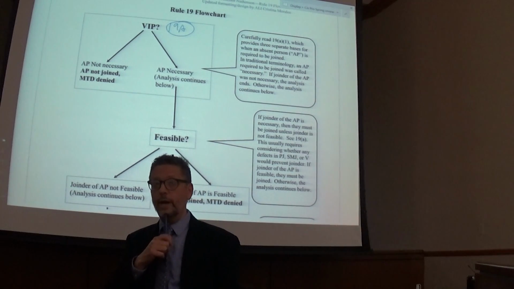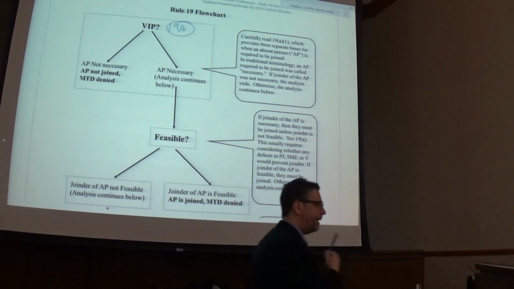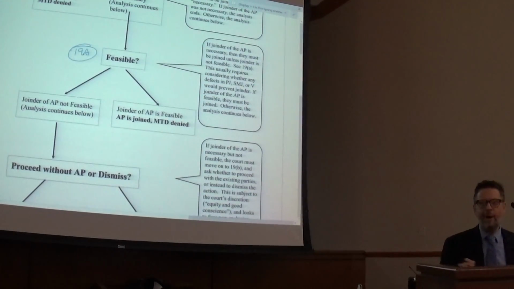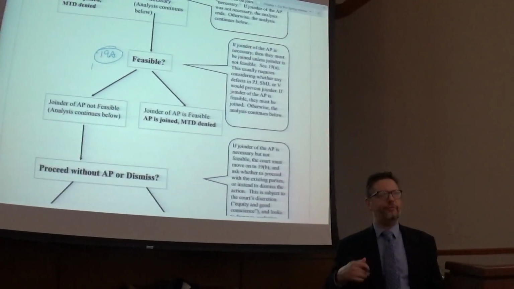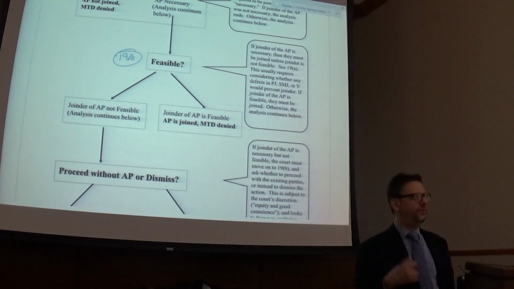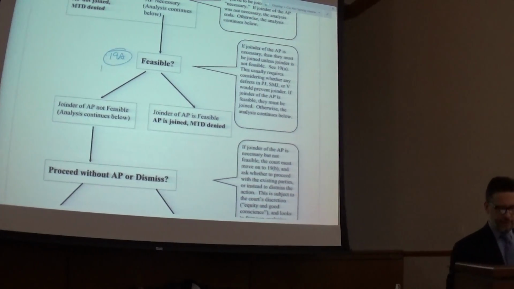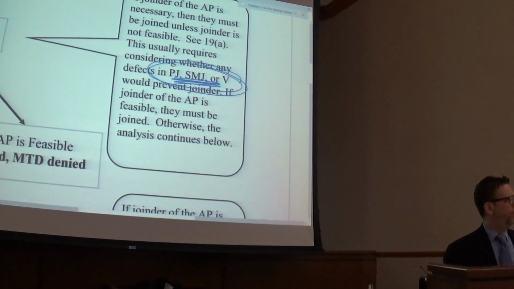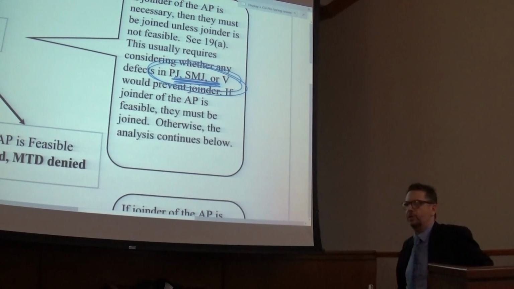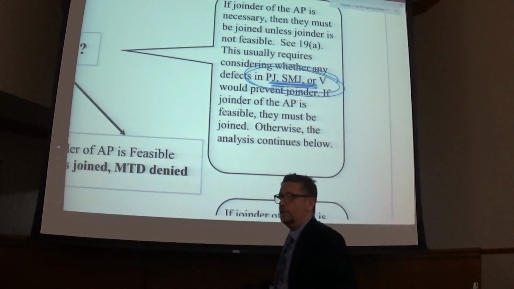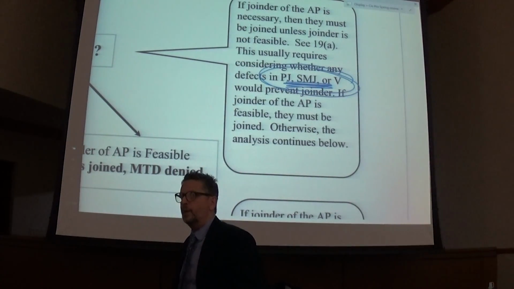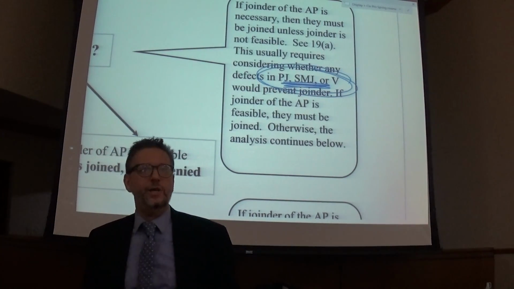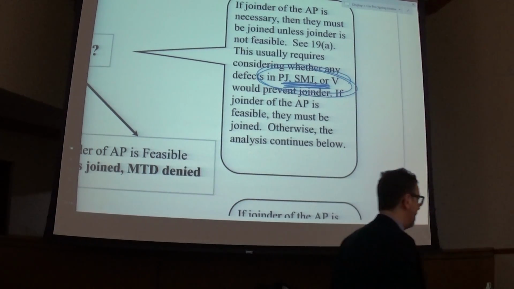Let's assume somebody is required and they've not been joined. The next question is, well, can we join them? Indeed, under 19(a), the second step is that the court must join a required party if joinder of that absent person is feasible. Feasible means they can be joined without messing up, among other things, PJ, SMJ, or venue. All right? If joining the absent person would destroy diversity jurisdiction, then joinder, of course, is not feasible. If the person who's absent would have a valid objection based on venue or PJ, then joinder is not feasible. In which case,